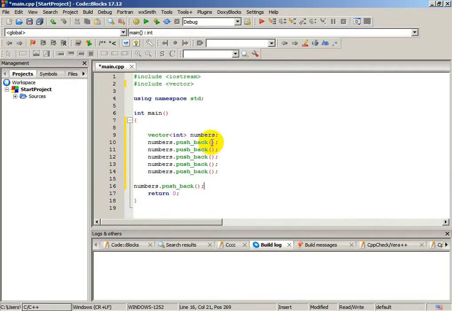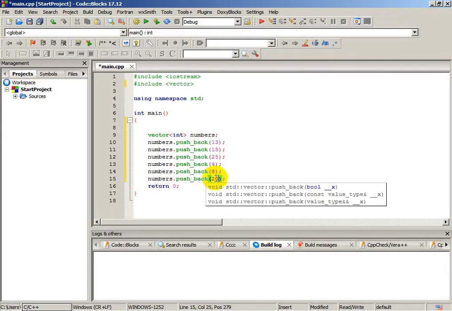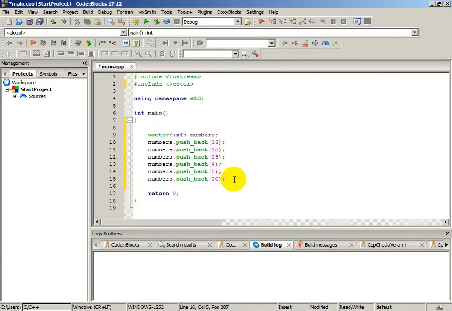And let's write some numbers, for example 13, 15, 25, 4 and 8. We have one more number I forgot here. It can be 20. Okay, we have our vector, and now what we want to do, we just want to print this vector using